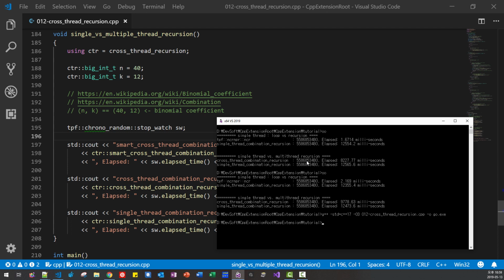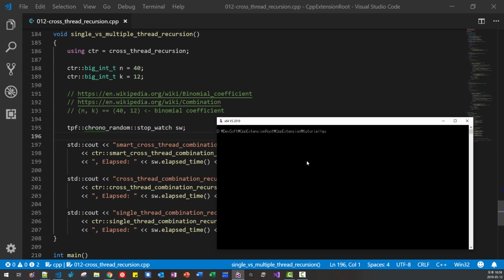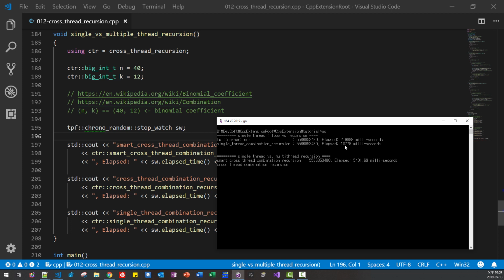Okay, CLS, G. It took 2.3 milliseconds, almost 3 milliseconds. Wow, it took 10,000. It's much faster than Microsoft. Wow, half. Okay, this is a half. It's just 4,000. Smart cross is 4,000.